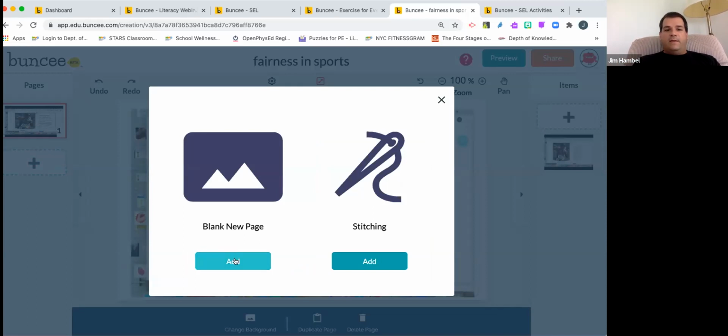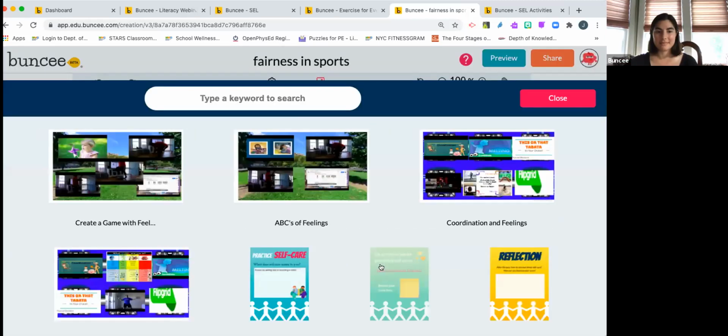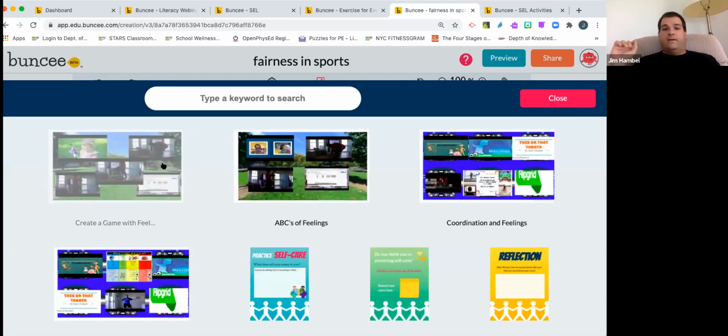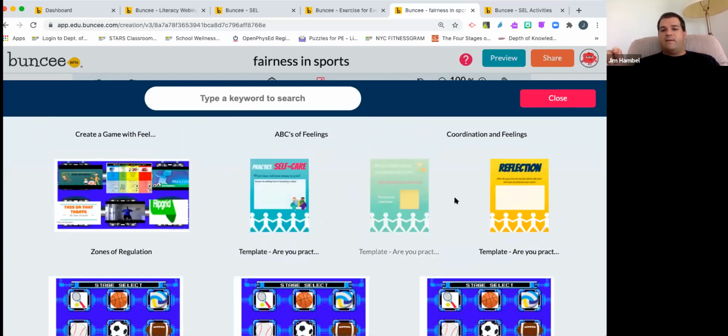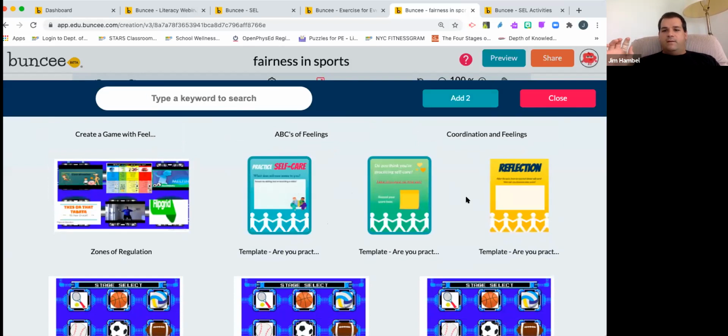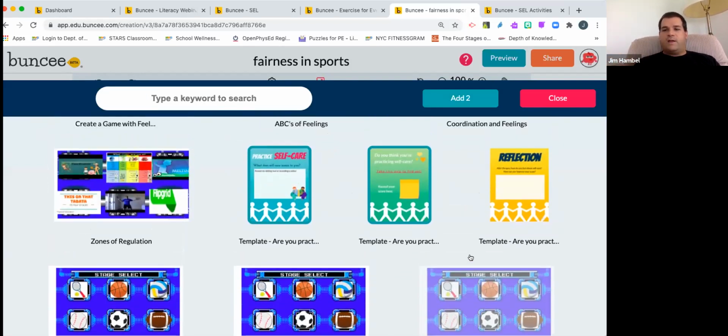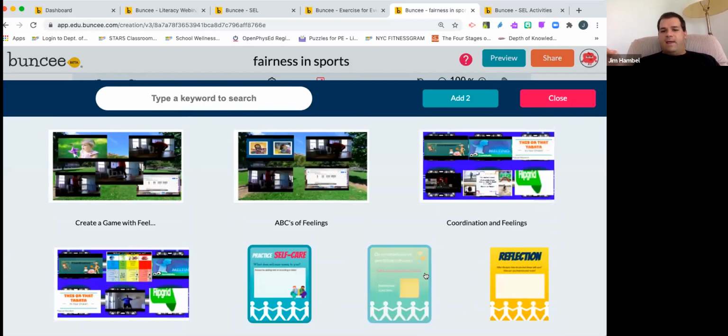So you can add a blank new page, or like I was saying before, if you copy and pasted and you wanted to, so these are actually Buncee slides that I've made before. That way, like before when I was making the self-care one, if I wanted to add that in there, I could. If I wanted to add the template from Sports Shadow, I could do that. And I could add it into,